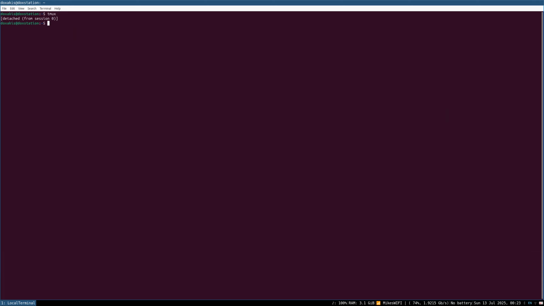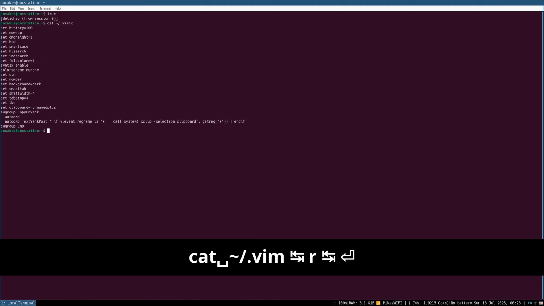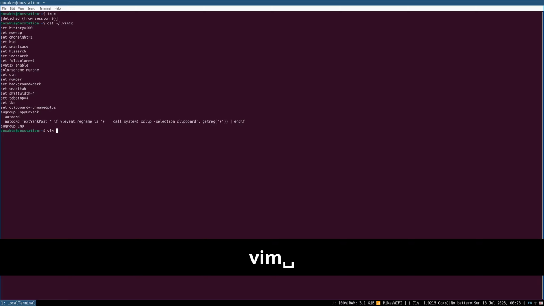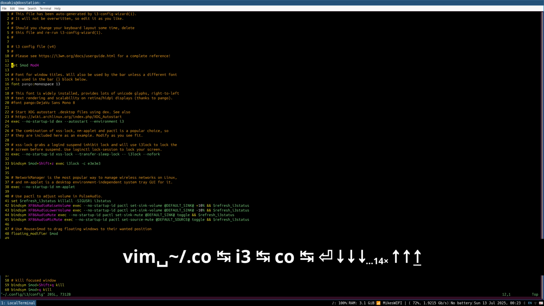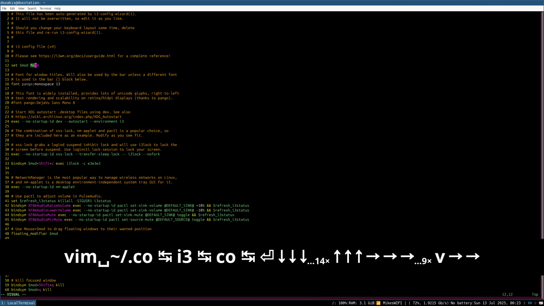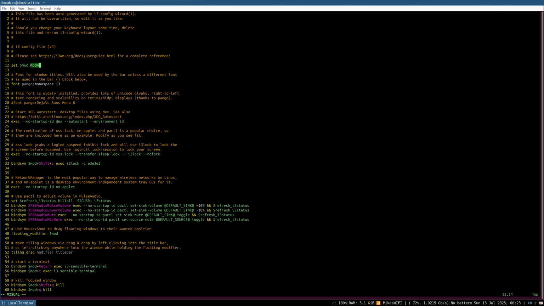Oh yeah, I wanted to show you also that because, as you can see in our vimrc, we have this copy and yank, that allows us also to, let's say I vim, once again, let's go into the same config file, the i3 config file. Let's say I want to copy something from here, let's say this mod 4 for some reason. I can go into visual mode, then I can grab this mod 4, and what I can do is I can do